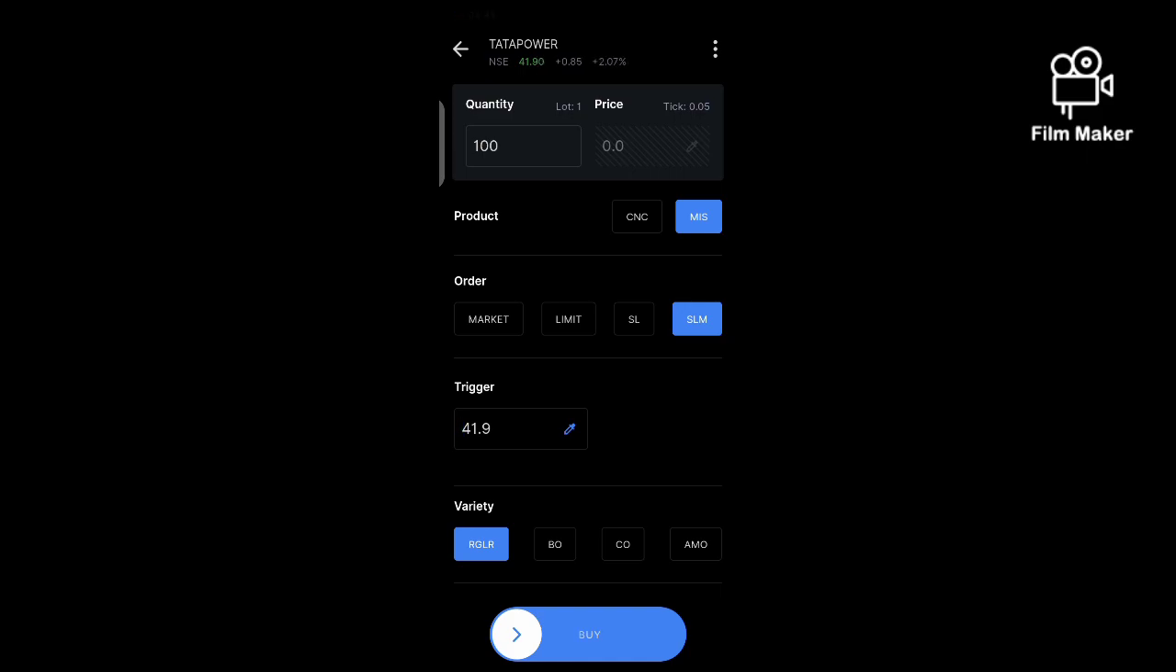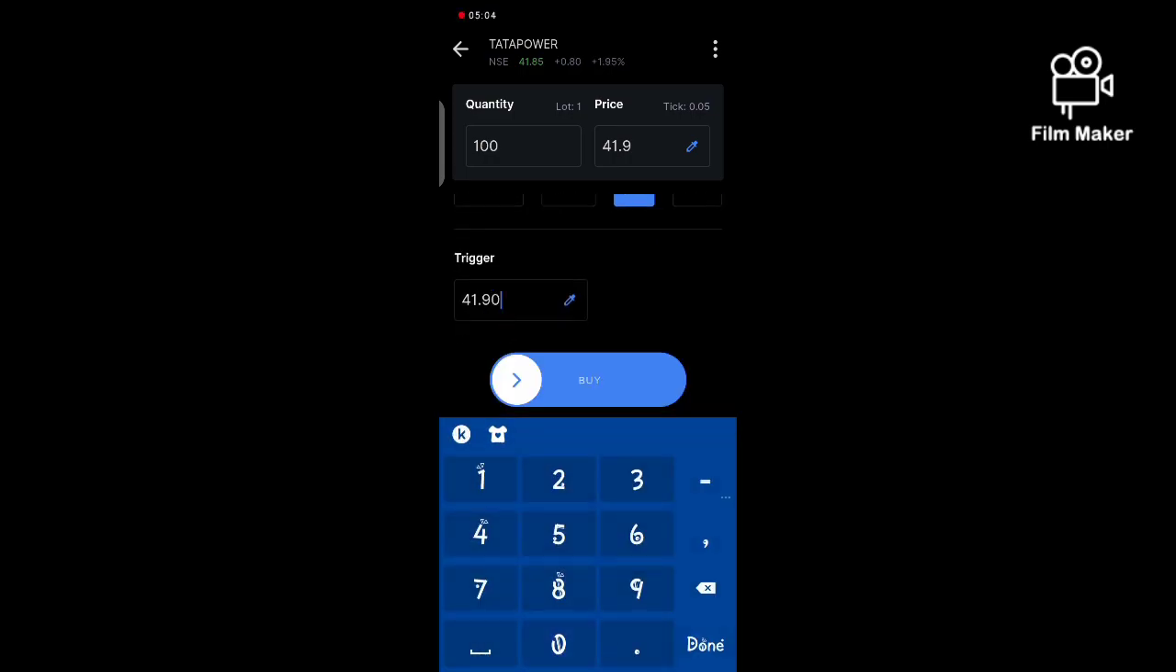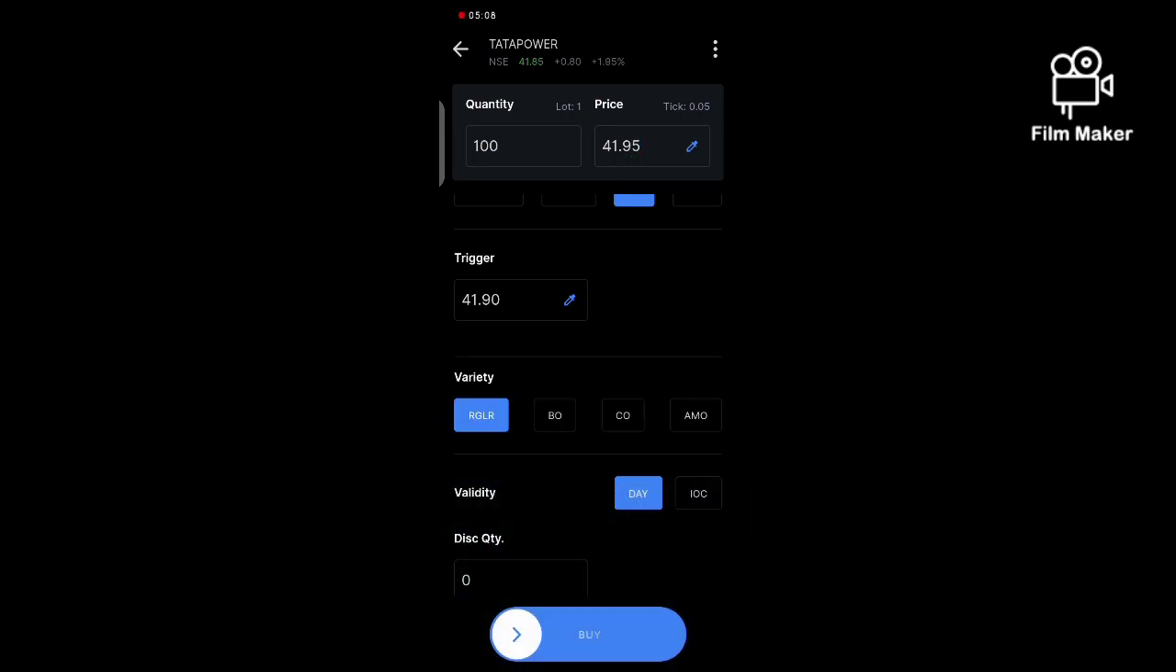This means in an SLM, if the price reaches around 41.9, this order gets executed, and it is for sure that in an SLM this order will get executed. But in a stop loss order, if the trigger price is 41.90, and you want to buy it at 41.95,